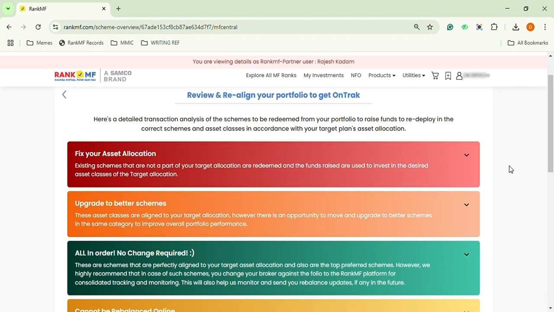This page provides a comprehensive transaction analysis detailing the schemes to be redeemed from your client's portfolio. The funds raised will be reallocated to the correct schemes and asset classes based on the target asset allocation of your chosen plan. The review process is divided into 4 sections, each visible in specific scenarios.